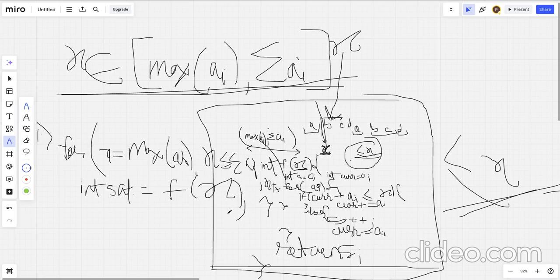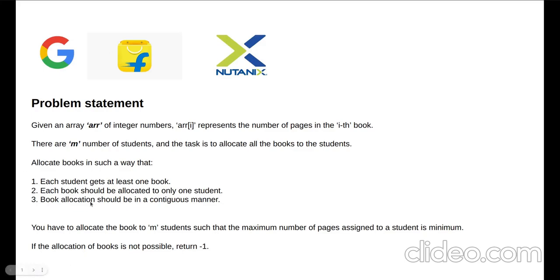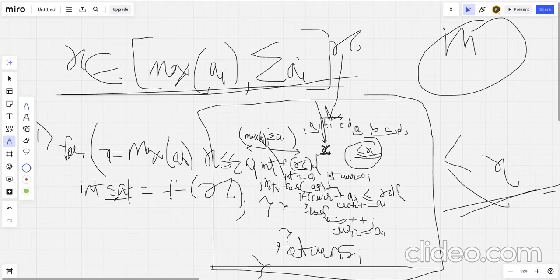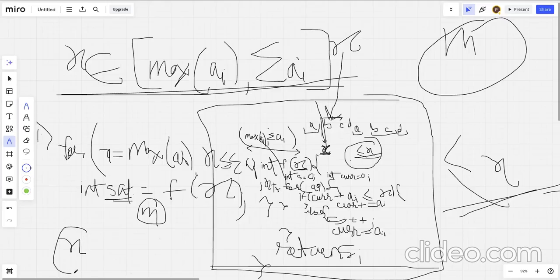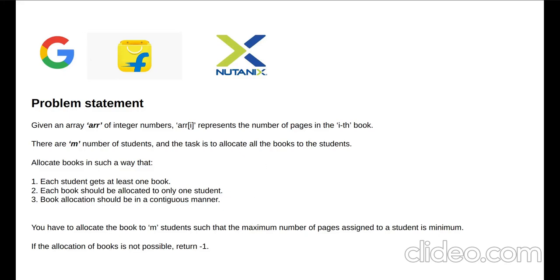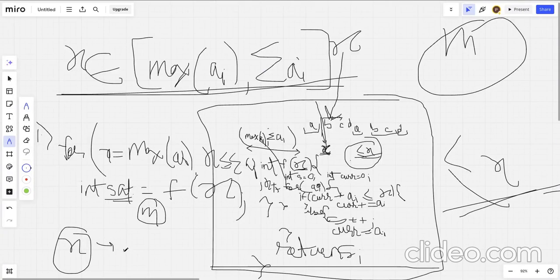So if we get that the number of students satisfied is m, because the question says we should allocate all the students at least a book, the solution should be m, and among all the values of x, we'll find the minimum value. So we'll try to find the minimum value, and if we find that, we break,